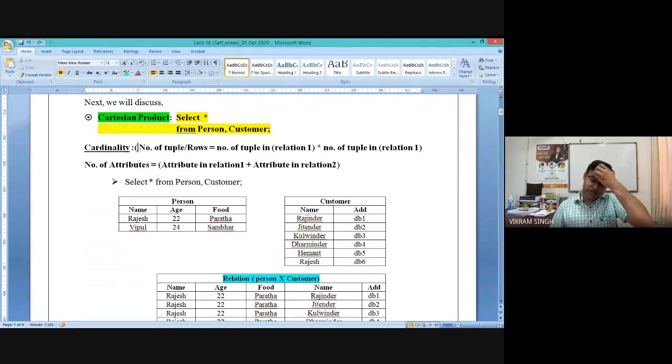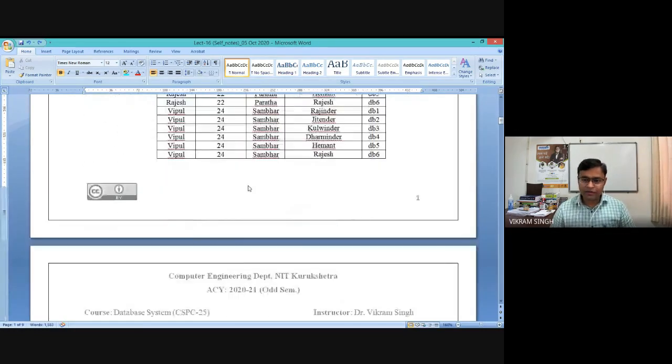Based on this only, you can derive the possible complexity also. So complexity is also something important. Whenever we write a simple function, whenever we use a simple operator in the database, you should be clear about the complexity of computation, right? Okay, so we are done with the Cartesian. Cartesian product is a cross combination of all the possible tuples.